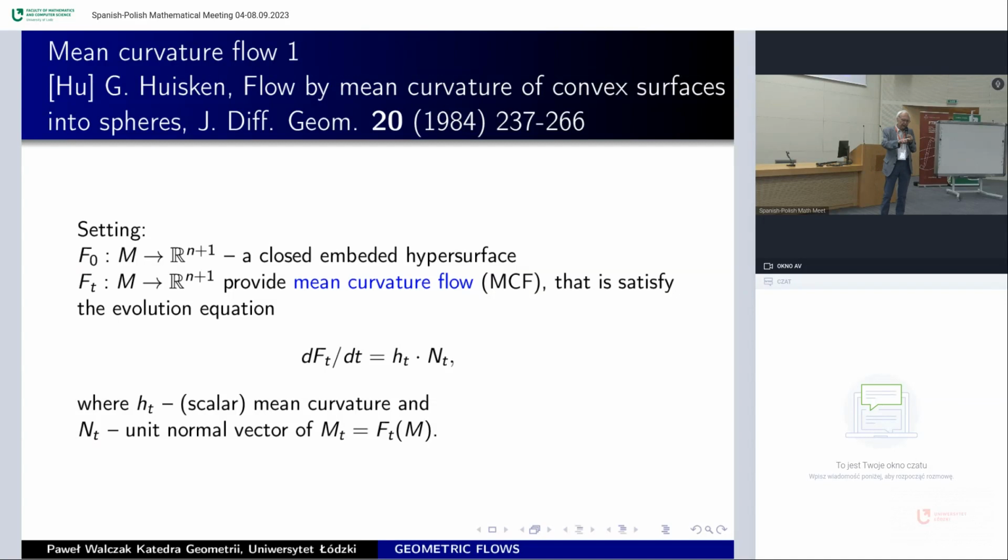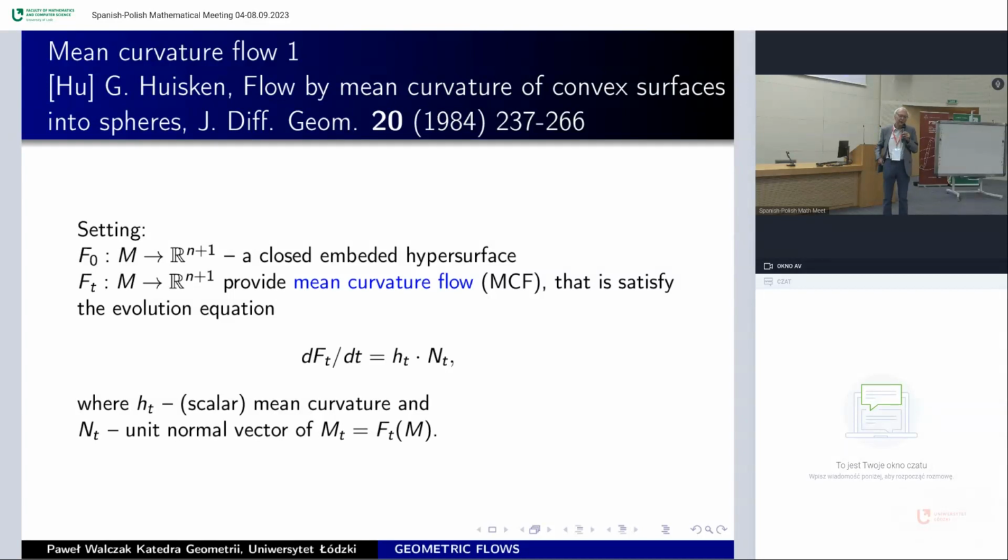Now we consider the similar situation. We have a given hypersurface, a given manifold, immersed in the space of dimension n+1. We say that the family of immersions provides mean curvature flow if the evolution equation, similar to the previous one, is satisfied, where